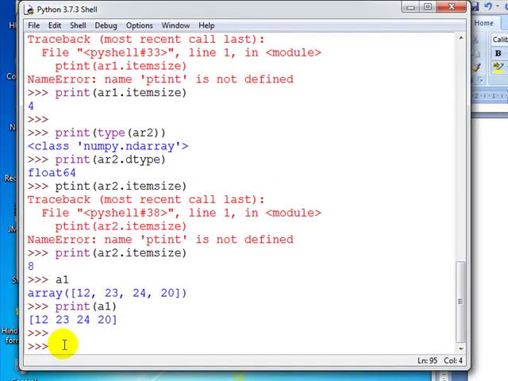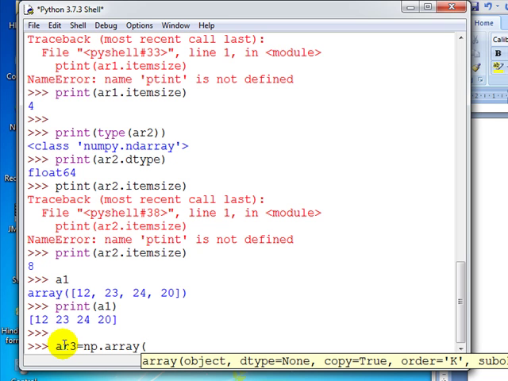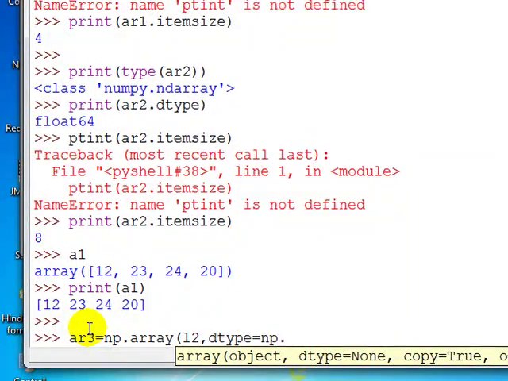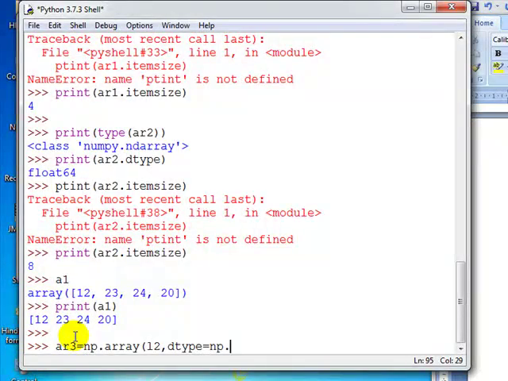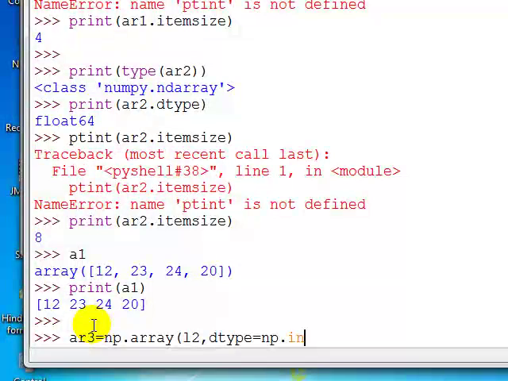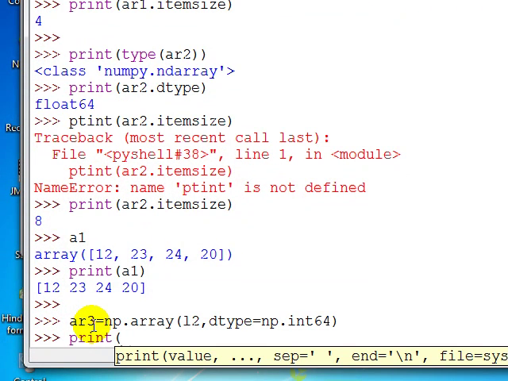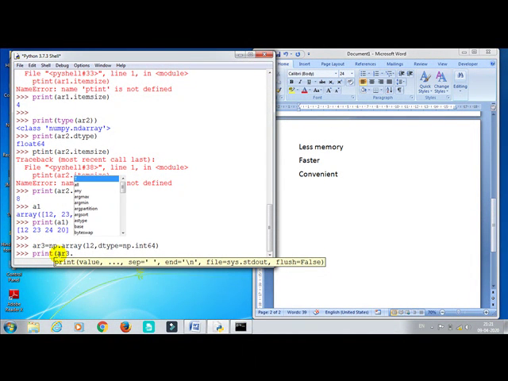How? I am creating another array, AR3 equal to np.array, in which I write the list L2, comma dtype, and dtype equal to np.int64. Now print(AR3.dtype).